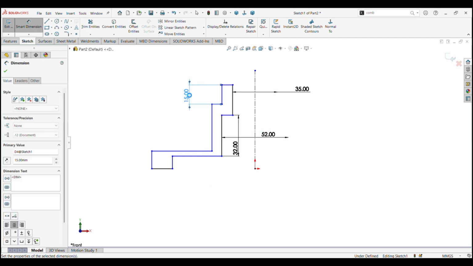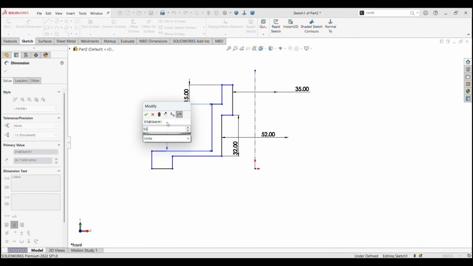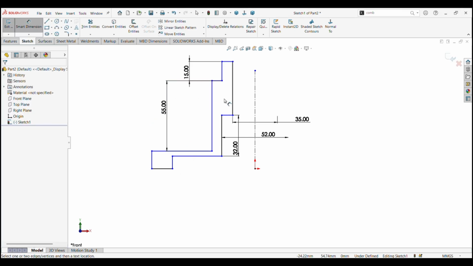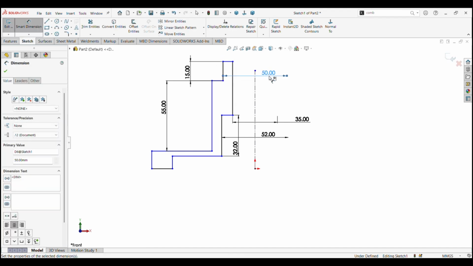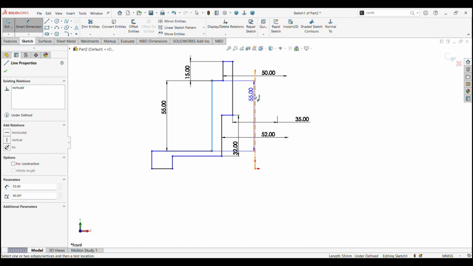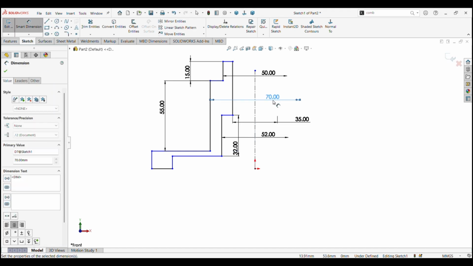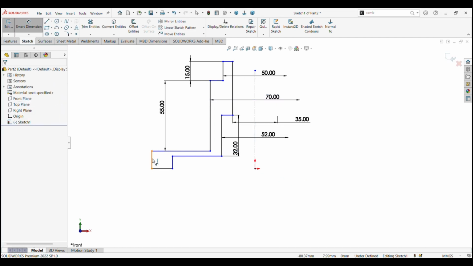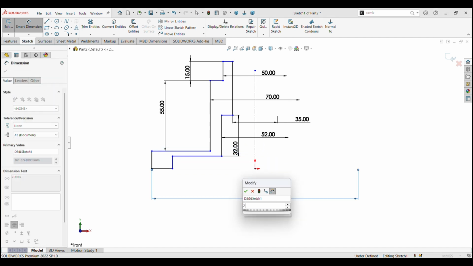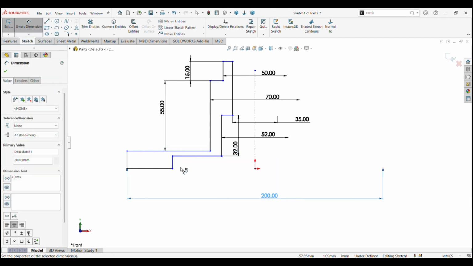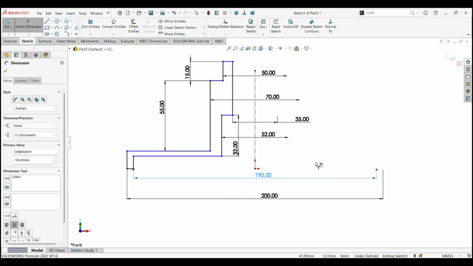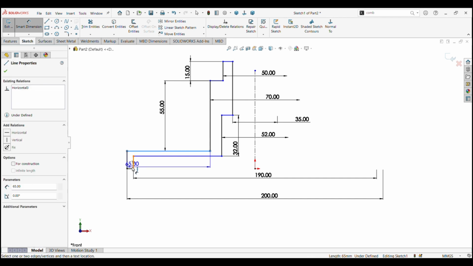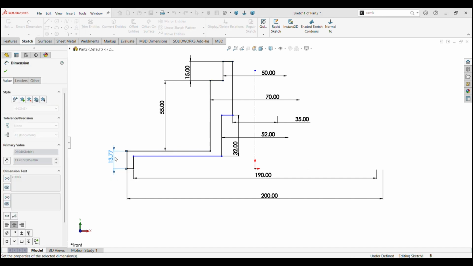this height is 15 mm, this one is 55, this OD is 50 mm, this one is 70 dia, this one is 200, this one is 190, this is 25,